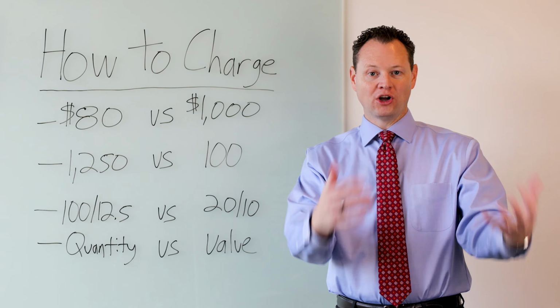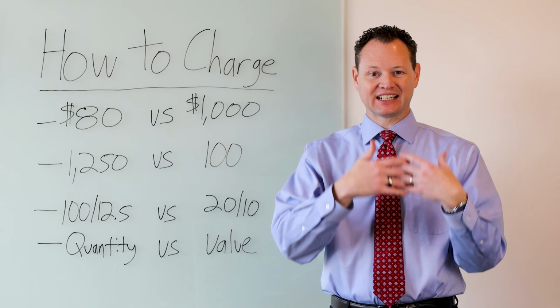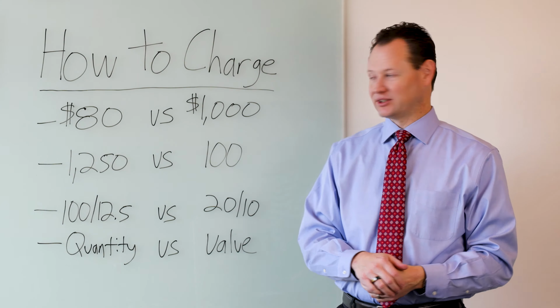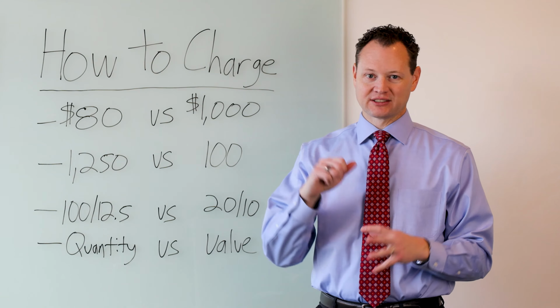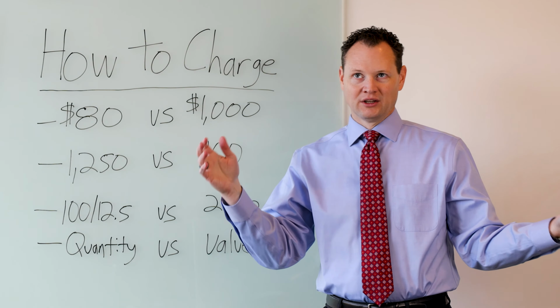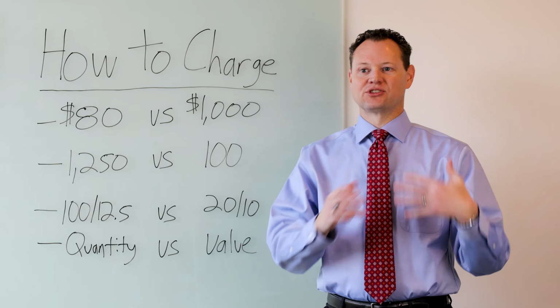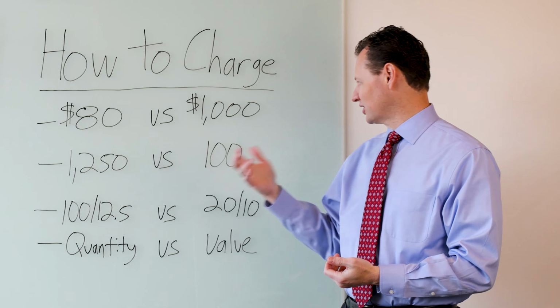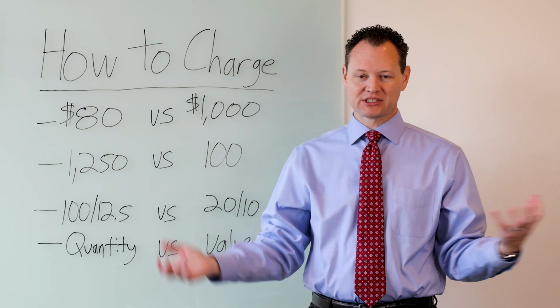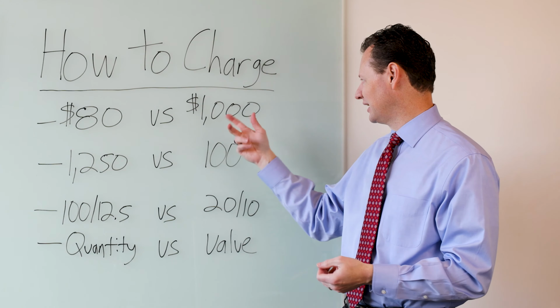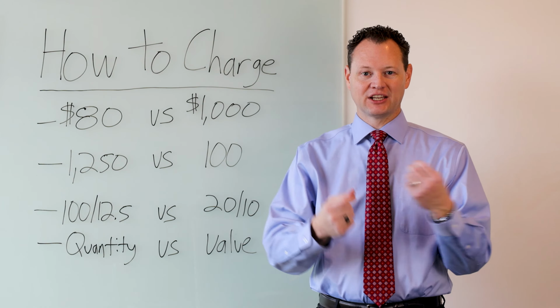more for your knowledge and more for your skills and expertise than they are for just putting numbers on a tax return. An $80 tax return is somebody just filling out forms and filing returns. There's really no thought to it, there's no planning, there's no help, there's no value that's provided there. Versus $1,000 for a tax return, a business owner is going to come to you, they're going to recognize you have some knowledge, some expertise, and they're going to pay a little bit more for that because you're going to save